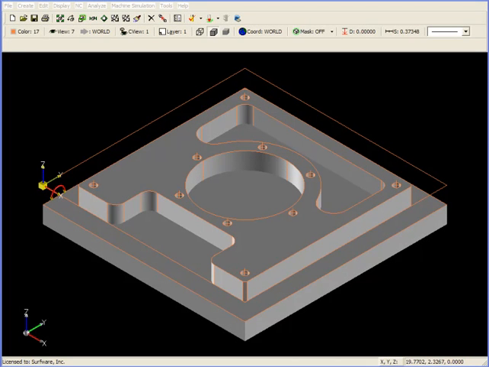In this video, we want to talk about how to machine open pockets. That is, pockets where the tool path is on the outside of the contour rather than on the inside. In this example, we want to remove all the material around this raised boss out to the edge of the